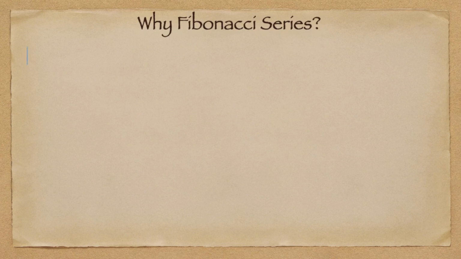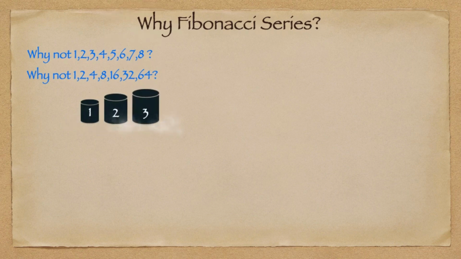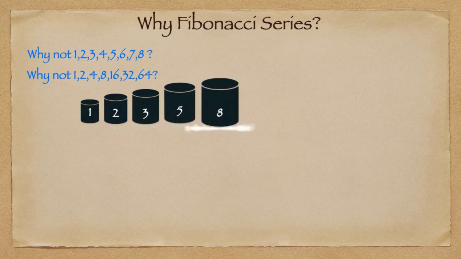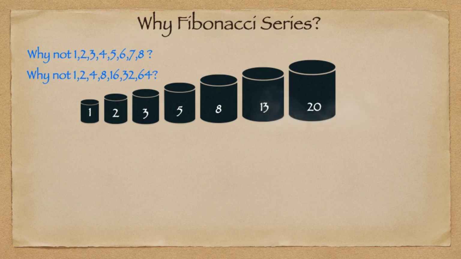Why not other series like 1, 2, 3, 4, 5, 6, 7, 8 or 1, 2, 4, 8, 16, 32, 64 like that? There's a reason behind that. If you look at the Fibonacci series, it is a naturally growing pattern. That means the difference between two numbers will be gradually growing. So that is why we take this, and you don't find this kind of difference between two numbers in any